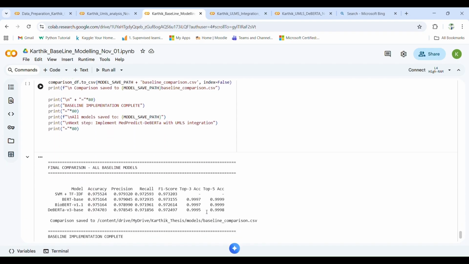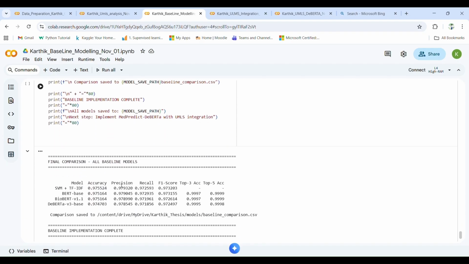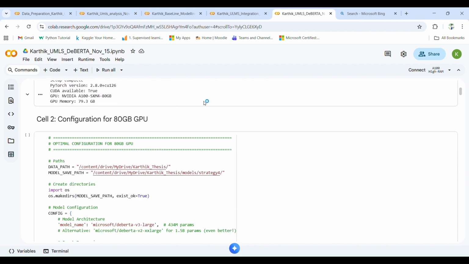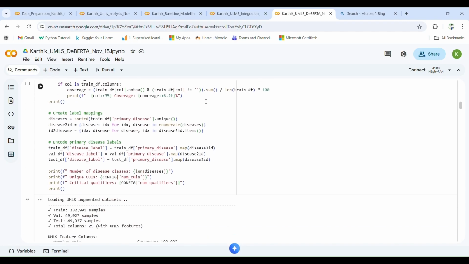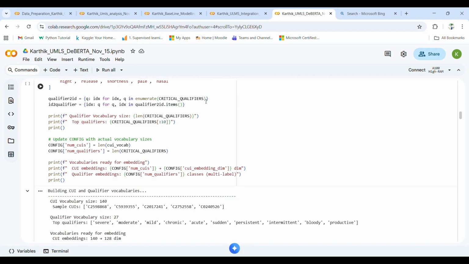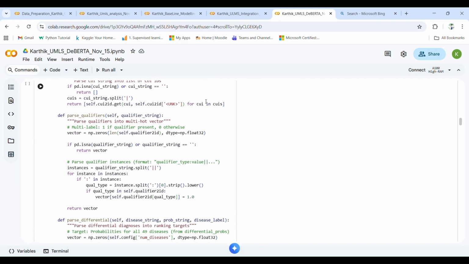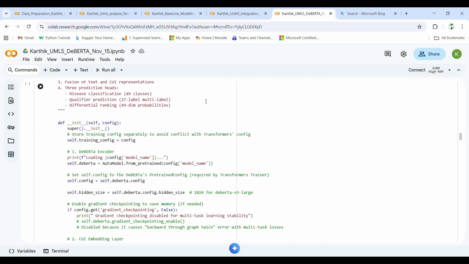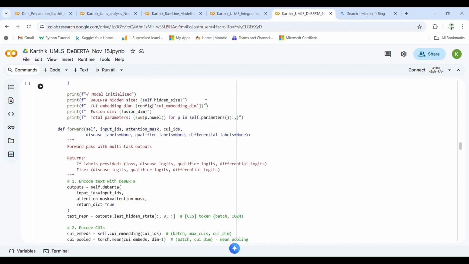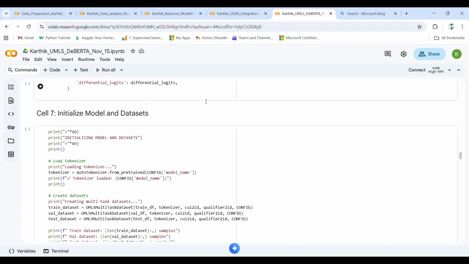I have just compared all the models' accuracies, and they were close to the models that I covered in the literature review. And the second one is the integration with DeBERTa, which is shown here clearly. What the multitask is and how it is done is shown step by step, and how the multitask is performed is shown here. Initial